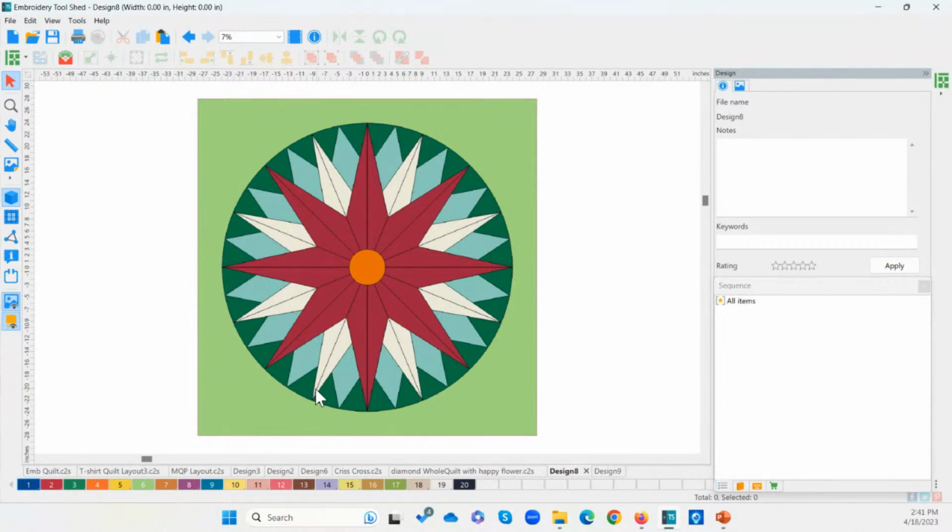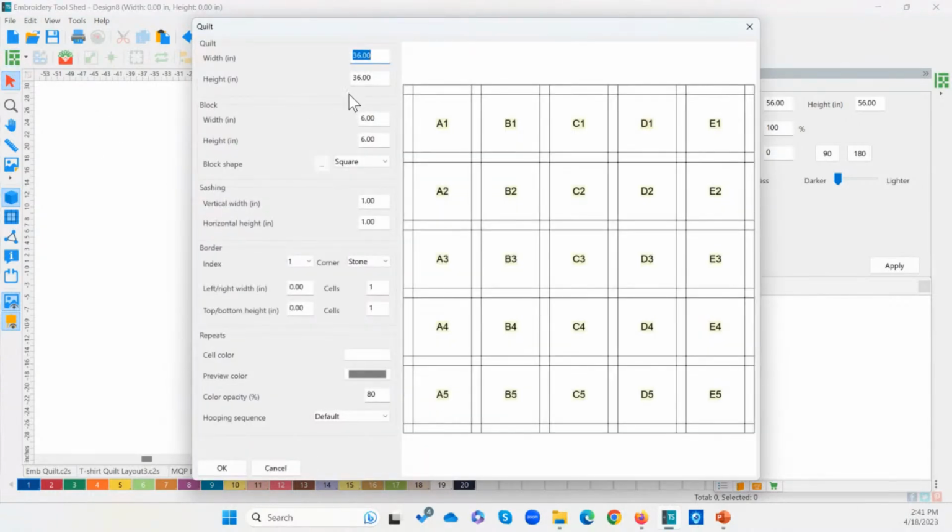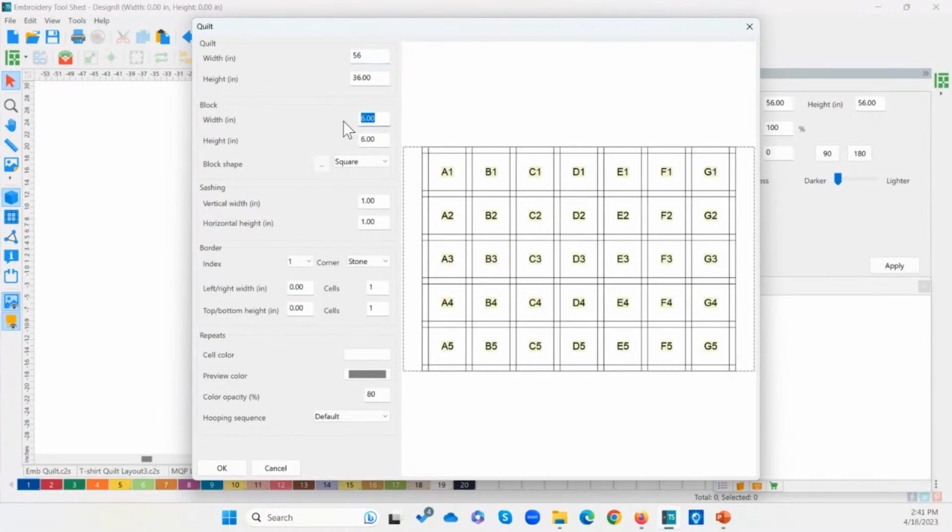Instead of it being round, I make it square. That's what I was trying to say. So the batting and the backing, I leave it square so that when I'm planning my quilt here, and this entire design here was a 56-inch square. So if I go back in here and put my 56, and then again, you would probably put whatever size hoop that you want to work with here.